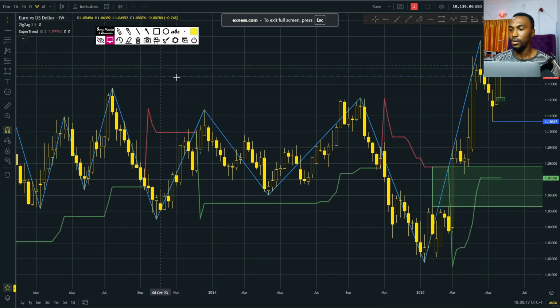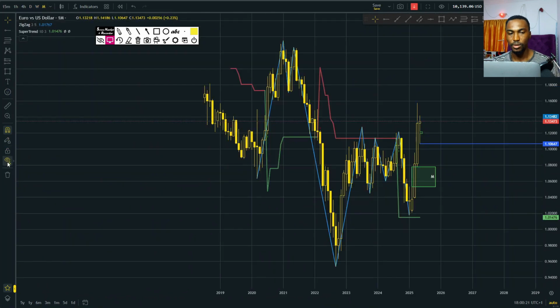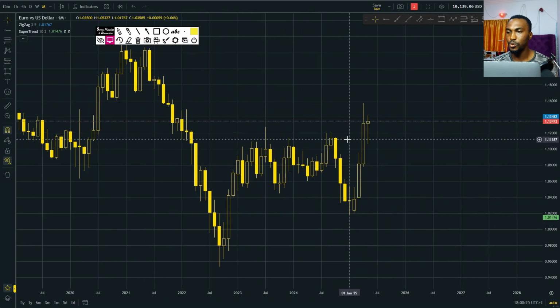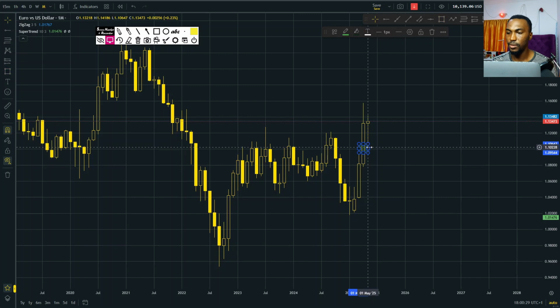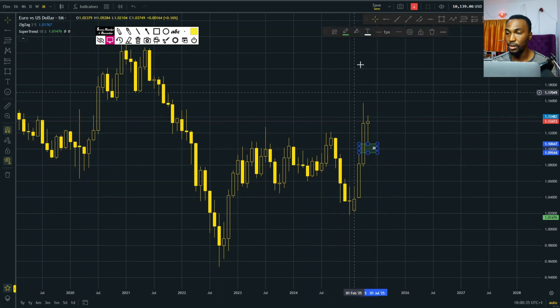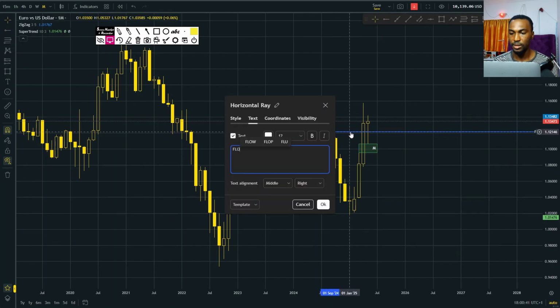US dollar. The Euro against the US dollar, let's see. We have a new month to look out for. So on the monthly, first and foremost, we have one of the most credible things we will ever see. We have a fair value gap on the monthly, which is a good thing. That's too big. But we have a high, which is the first line of defense.